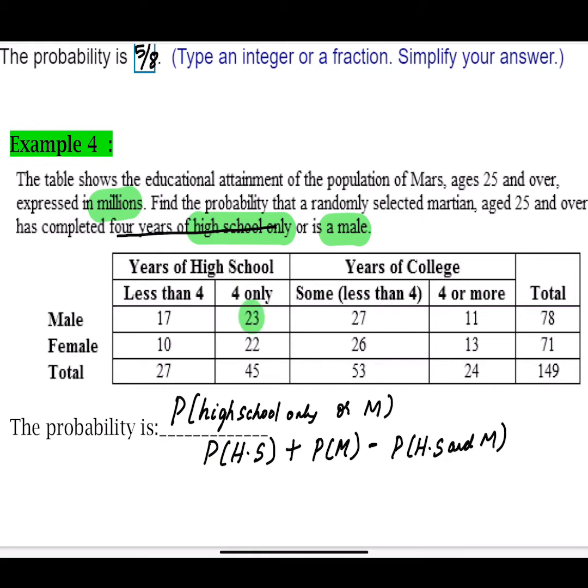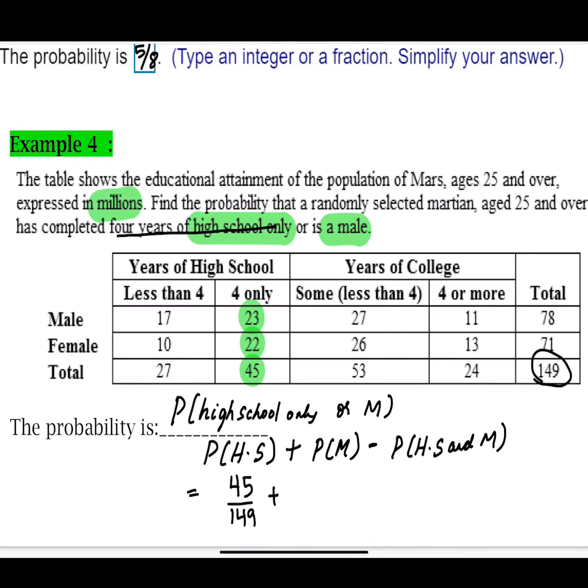You see that, 23. This one did not say male, so 4 years of high school male, 4 years of high school female, 4 years of high school altogether. The probability of having 4 years of high school is total 45 divided by the grand total, which is 149,